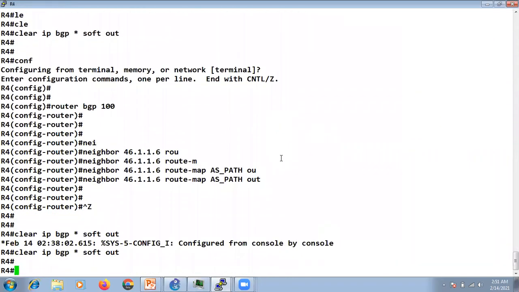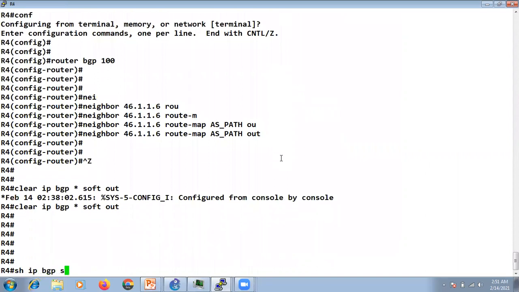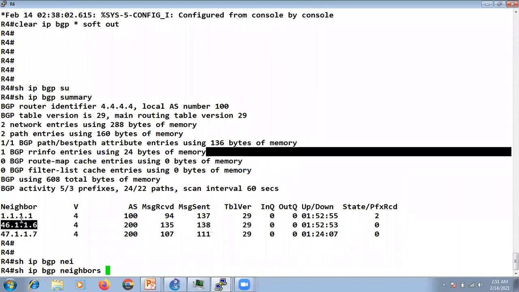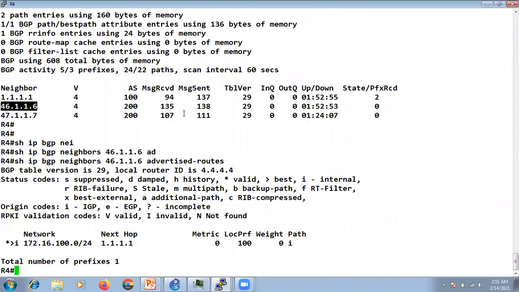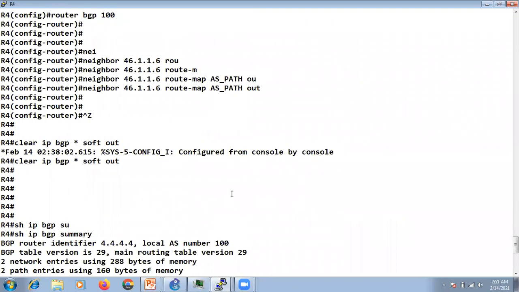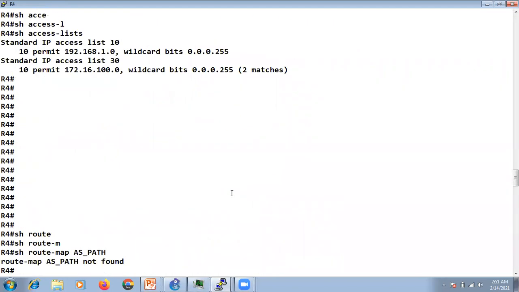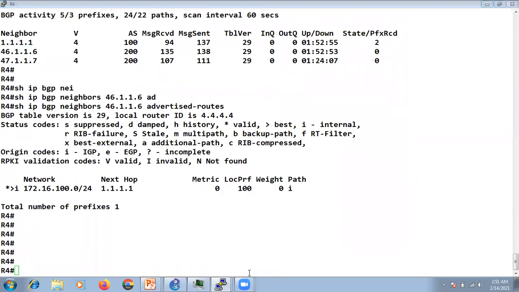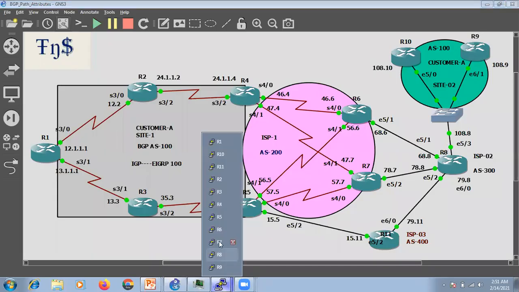Now let's clear the route again. Show IP BGP summary, show IP BGP neighbor IP advertised routes. Okay, so I'm advertising this particular subnet, right? Okay, now let's go to R6 and check.